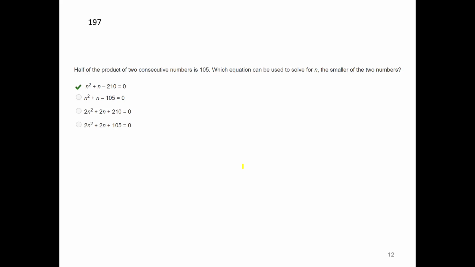Okay, so half the product. Product means multiplication. Half is 1/2. Okay. 2 consecutive numbers. Consecutive means next to each other is 105. Which equation can be used to solve for n? The smaller of the 2 numbers. So if n equals a smaller number,